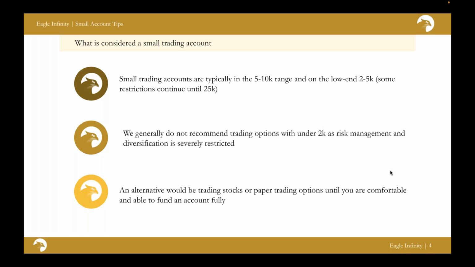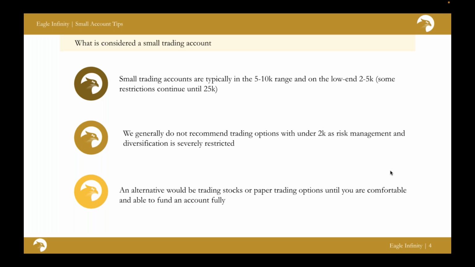And what do I mean by that? We'll get into some of the ideas of trading small and with a specific amount at risk of your portfolio each trade. And the bottom line is, if you're trying to not risk or place trades with more than 5% of your account, when you have a $2,000 account, that severely restricts what you can and cannot trade, as 5% of 2,000 is $100 there. So if you trade options, $100 is quite restricting.